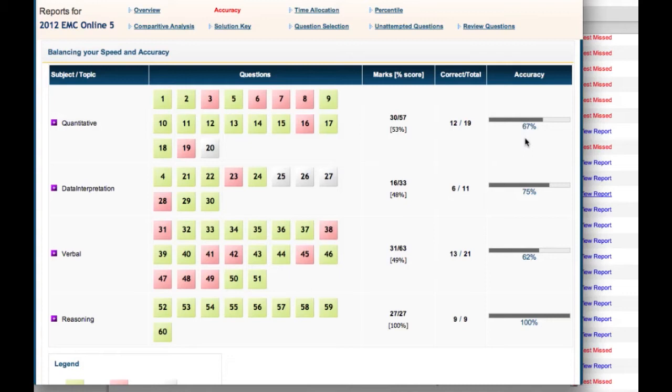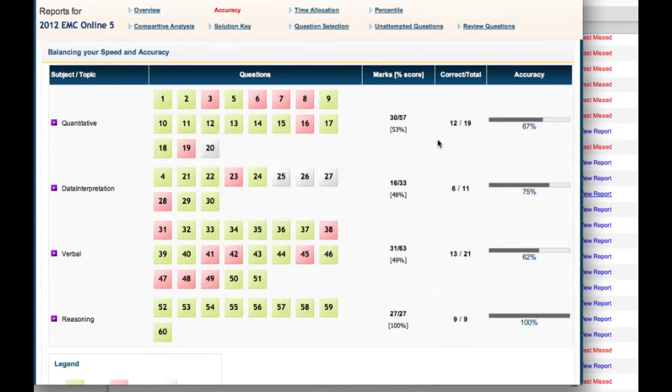But what is accuracy? Here if you say 12 out of 19, that is not 67%. So accuracy is only measured out of the questions you attempt. It is not out of total questions. So one question, question number 20, which is white here, is something that you have not attempted. 19, which is wrong, so you got it red. And 18, you got it right. So the number of rights upon the total number of attempts will give you the accuracy.